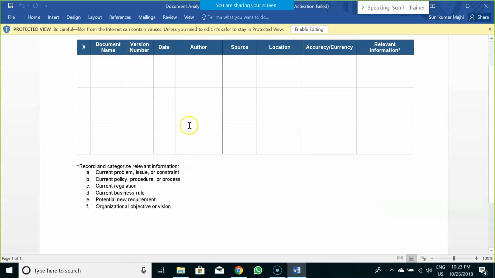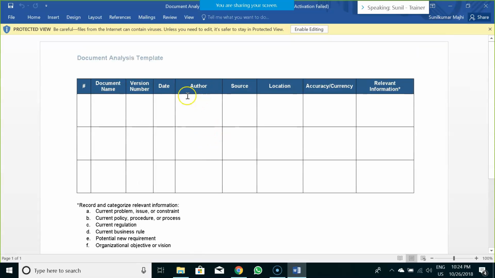The words document analysis template and document analysis log template are interchangeable. So when you are applying the technique of document analysis, and let's say you are given a time period of 2 months, or 2 weeks, to complete your document analysis, you have to produce some artifact, right? So what's the artifact that you would be producing?